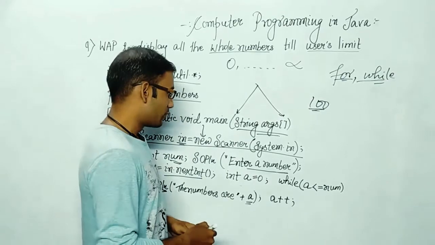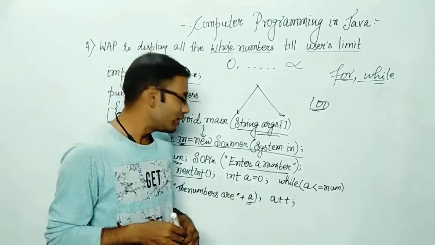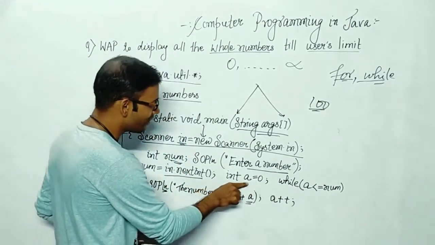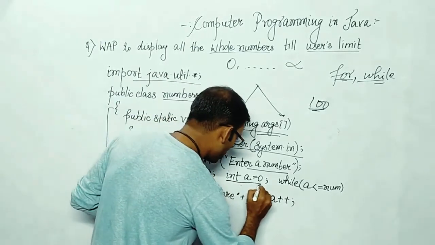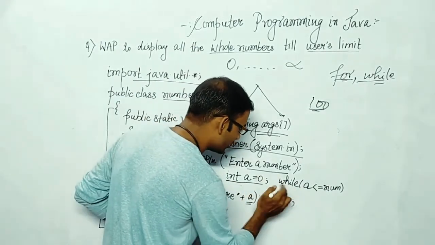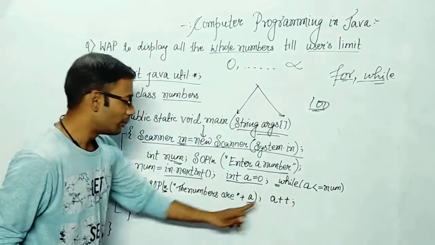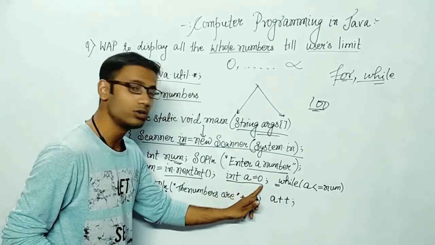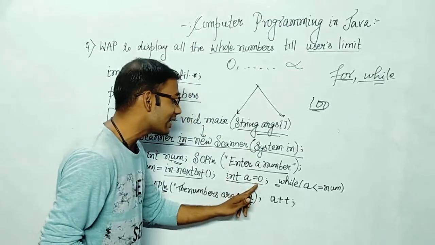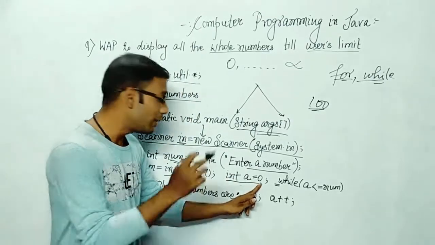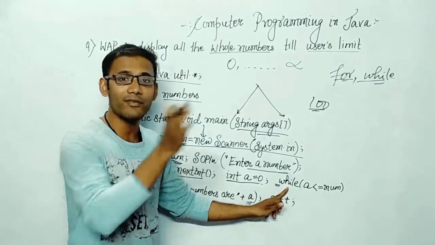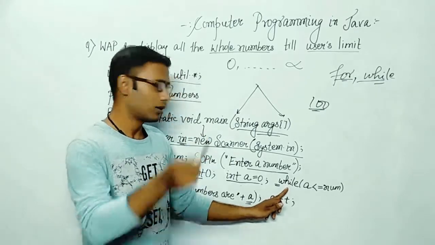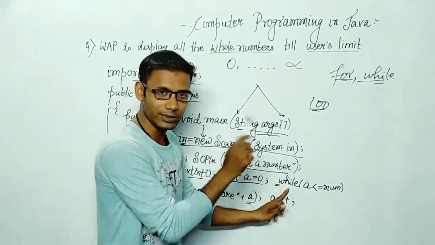After that, see, for the while loop, as you know, we need to initialize the value in the beginning, not in the body. I have initialized a = 0 outside the while loop. The while loop starts from here, but before starting the while loop, I have declared a as well as given the value a = 0. But in case of the for loop, everything was inside the body of the for loop, right? Just compare both things. Just rewind the video and compare both things, you will come to know.